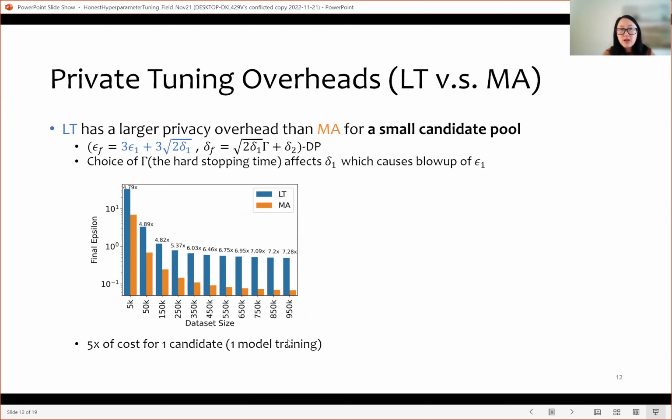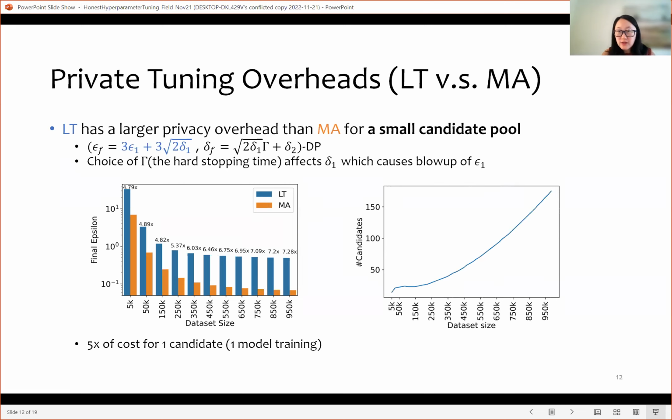And if we make use of this privacy overhead of LT, right, and try to train more candidates under the MA method, how many candidates can we actually train? And here is the result. When the data size is 5K, we can actually train about 20 candidates using the MA tuning method. And when the data size increases to more than 1 million, right, the number of candidates allowed to be trained using MA is going to be more, about 200, right? So if the number of candidates trained is going to be small, MA is probably more preferred. And this is true for a number of